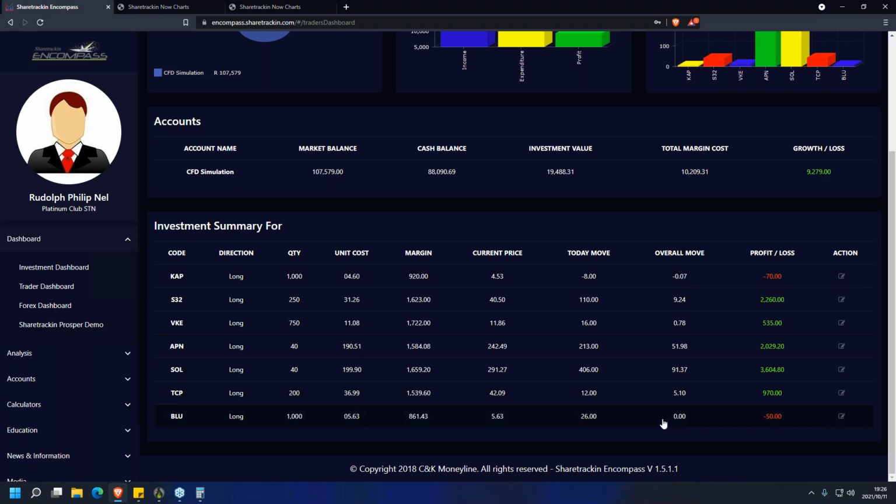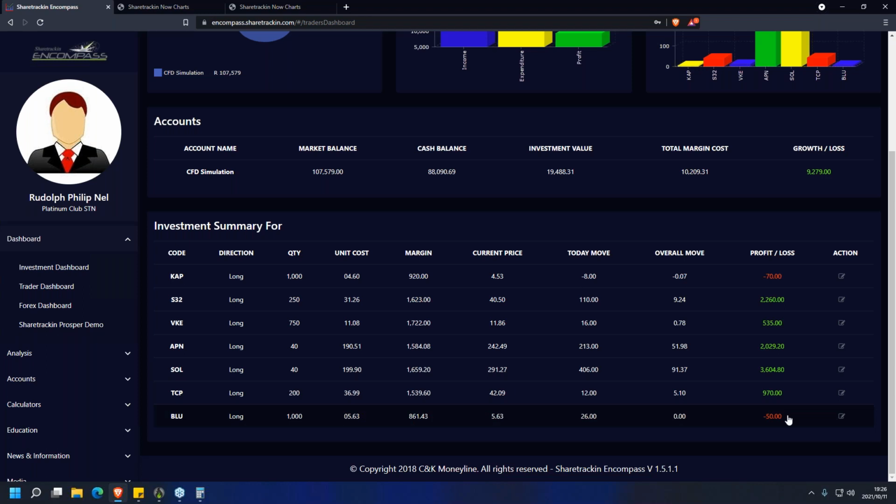Okay, overall movement. So overall movement is in rand. So 9 rand 24 is the overall movement on SL32, for instance. But this one will have 0 because we just bought it, and the profit and loss would be in the minus because it already subtracted your brokerage of 50 rand. Okay, and then when you sell out, obviously you're going to again pay 50 rand for your